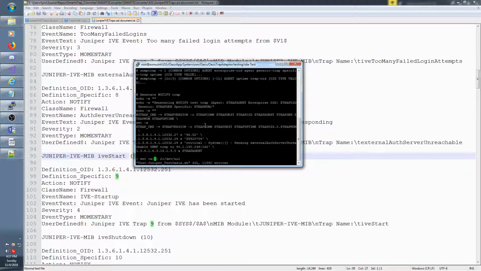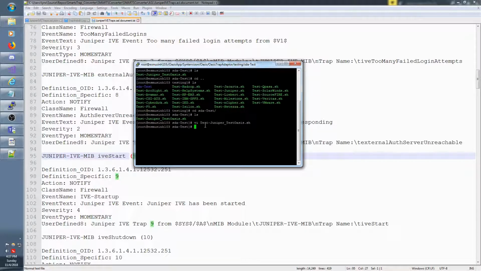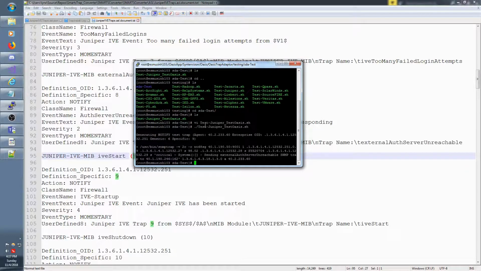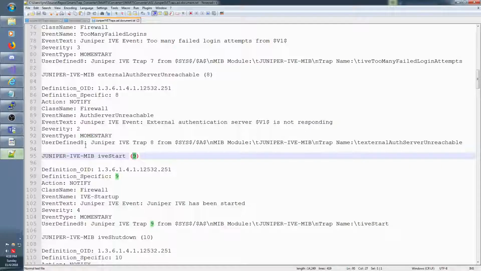Save it and get out, and we're going to now run the test script. And so it now says that it has generated the event through the SNMP trap application. So now if we come over here, in a few minutes we should see the event number 9, which